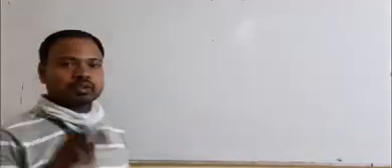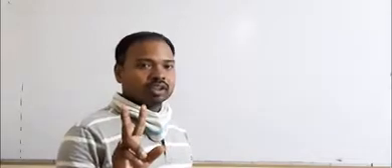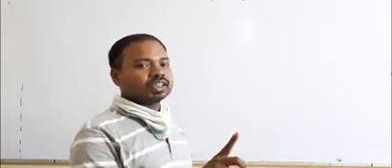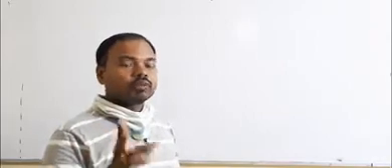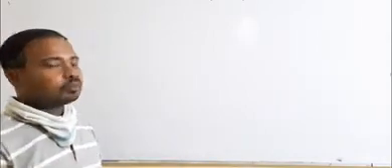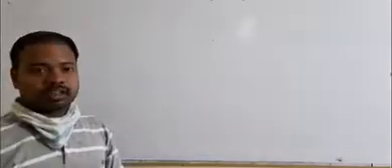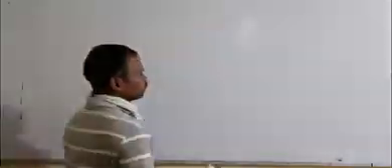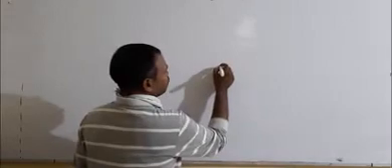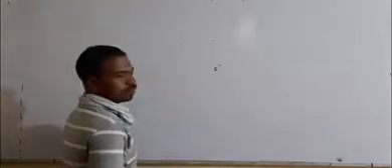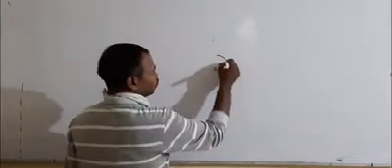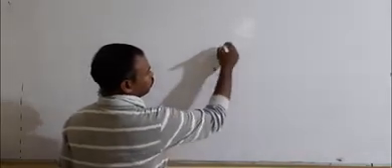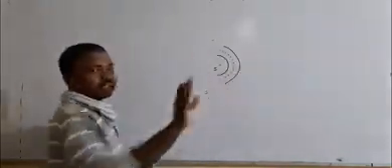To get two coherent sources, the two sources must have the same wavelength, same frequency and same amplitude or nearly the same amplitude. For getting that condition, we have to arrange in such a manner that the two sources must originate from a single source. You see the figure? Suppose I am taking a source of light here. Light from the source travels in the form of crest, then trough, crest, trough like this.